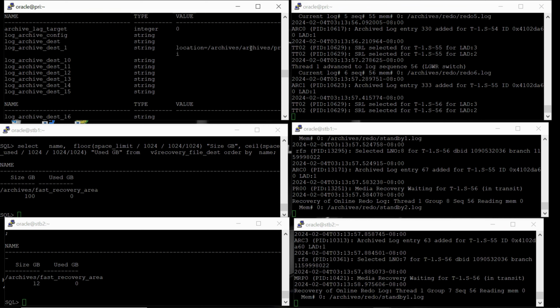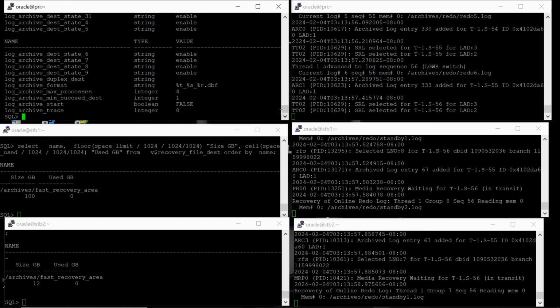So it is different. I'm not using the same flash recovery area. If I use the flash recovery area, I use the flash recovery destination parameter over there. So I'm not using the flash recovery area for the archive generation. So if in your environment you use the flash recovery area for the archive generation, you have to monitor the flash recovery area size as well. Okay,